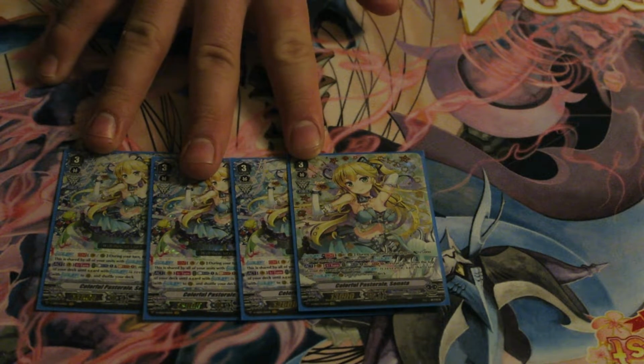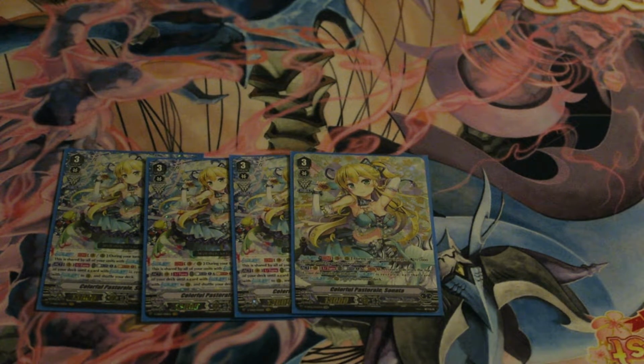Okay, Sonata gives power with her Melody skill, 5k to all units with Melody. And that's very important because it adds up to the quick stacking. That makes this power almost up to 66k in turns. And